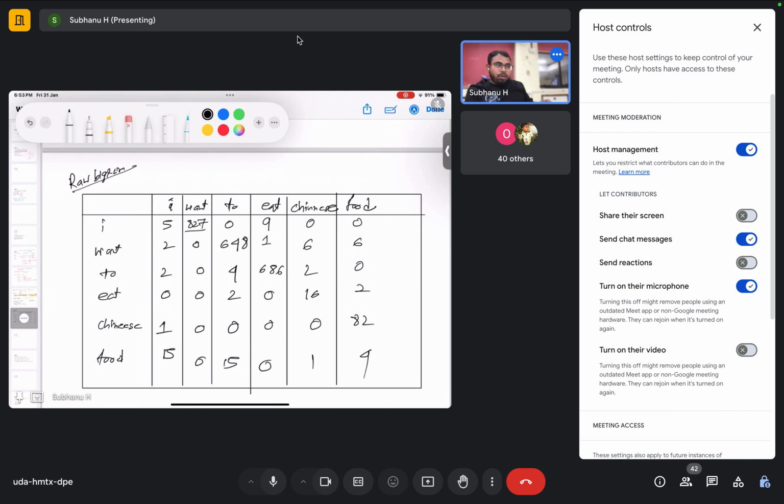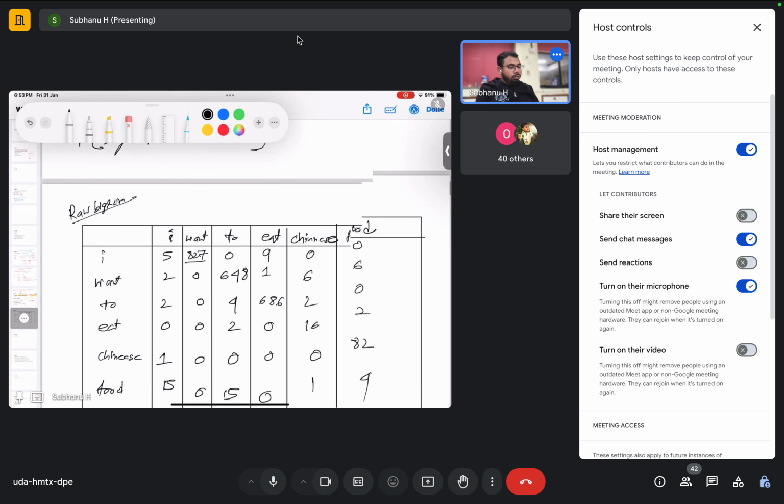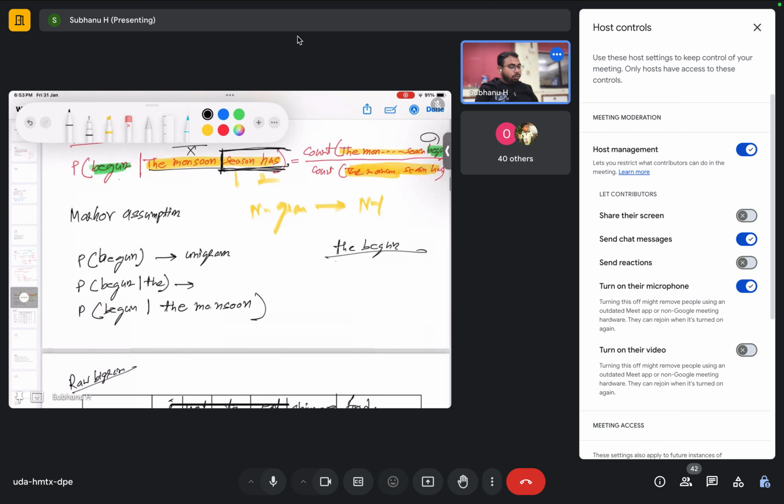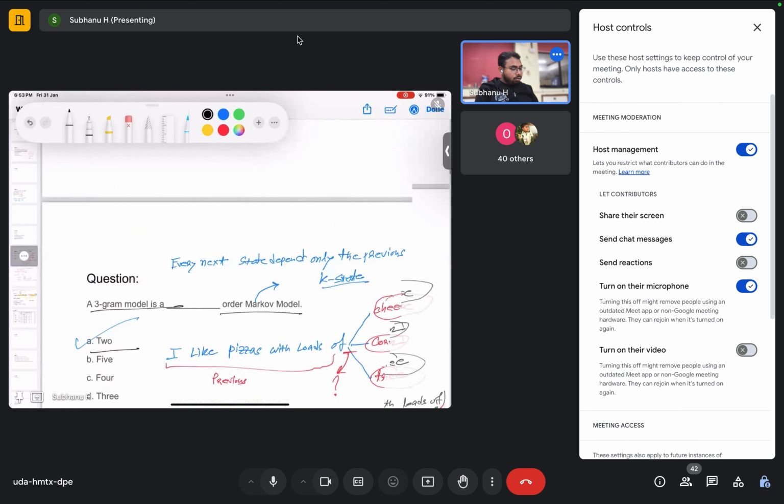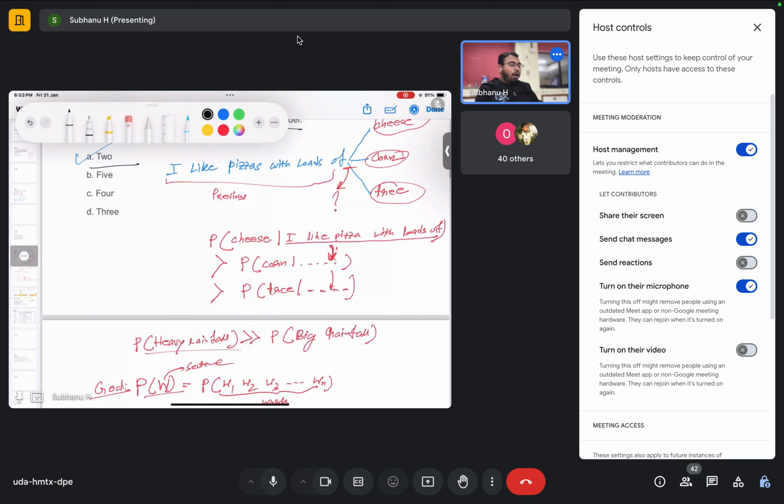So I will come to this raw bigram table later, when we talk about normalization. What I have developed till now: I was talking about the Markov assumption. My goal is to predict the next word. Suppose you are an engineer working somewhere, and your company tells you to build a system so that when you type something,